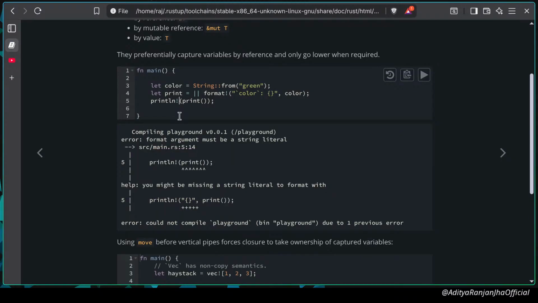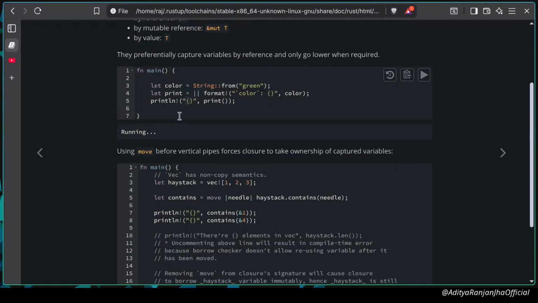Println, print. Sorry, I forgot the basic aggregates for printing something. That's my mistake. So we now get a color green that we have already got after doing this much, which is format, because